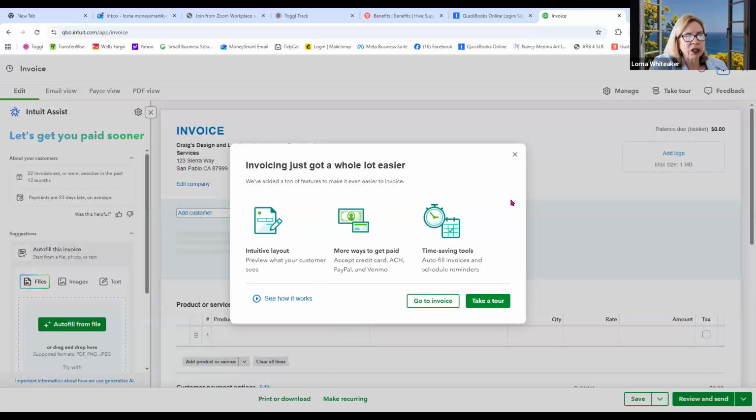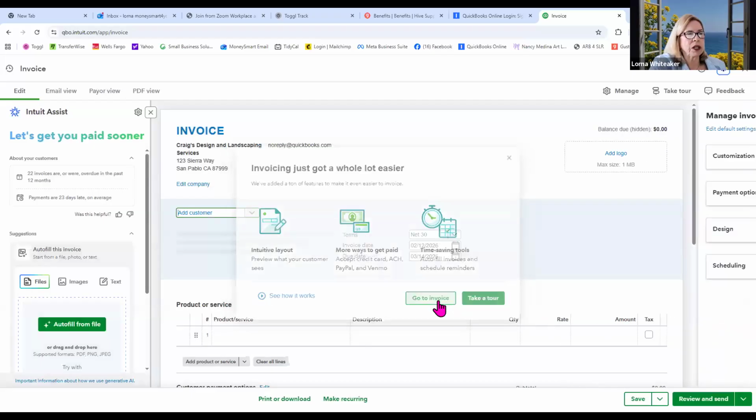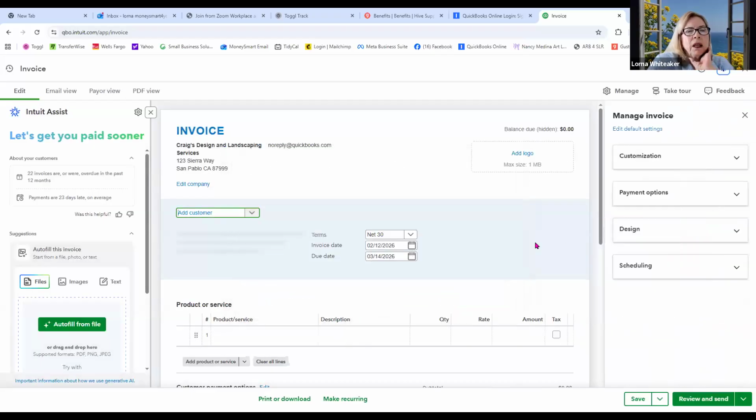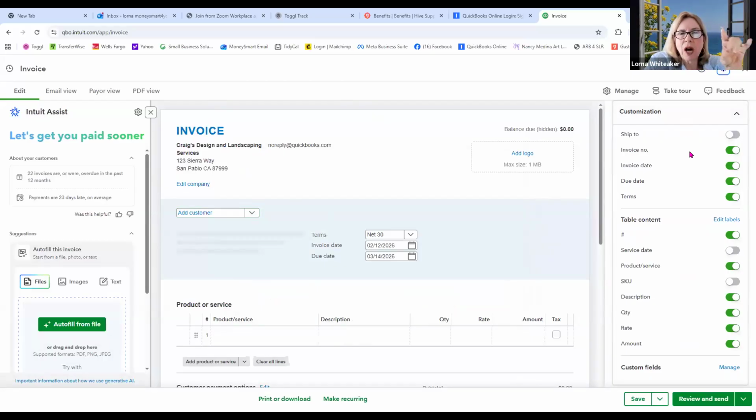They're always offering you something new. Always offering. I don't want to take the tour. I just want to go to invoice. This can be completely customized. Okay, once you have your company information in, it'll know how you want it done. But if you want to change it, you can change it. Okay, so you've got all sorts of little tools that you can use. Don't overwhelm. They're just turn off, turn on kinds of things. Okay,